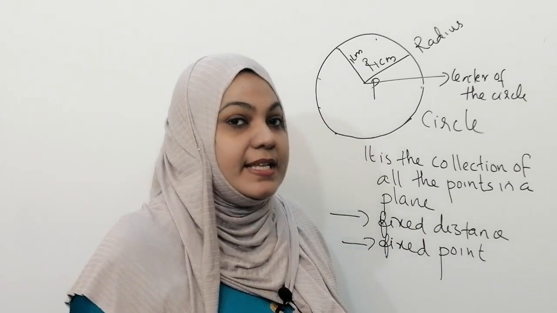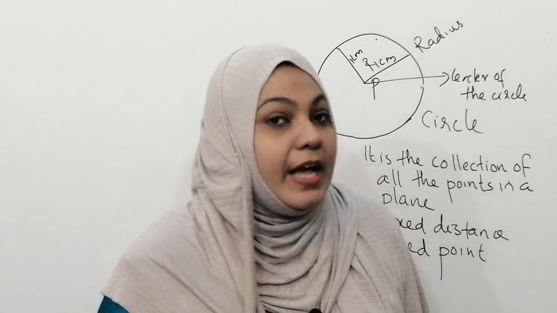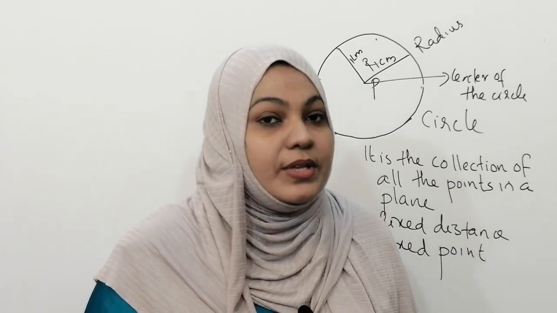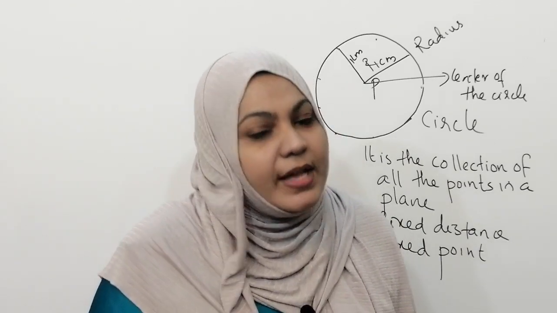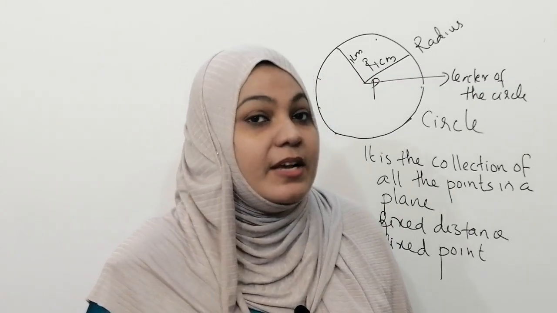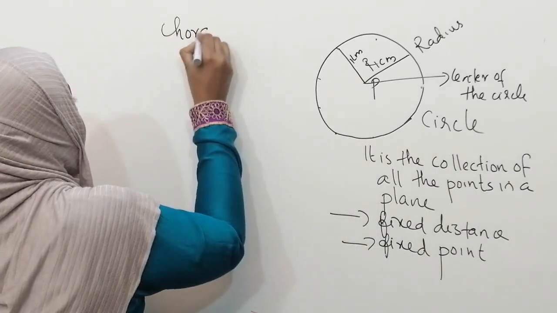So now we can see what is the diameter of the circle. Before learning diameter, we have to learn one more term. You are already familiar with most of the terms from 6th standard. We are just recalling now. So before starting diameter, we can check what is chord. What are we learning now? What is chord?